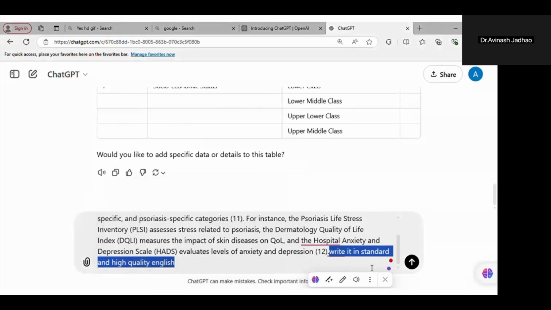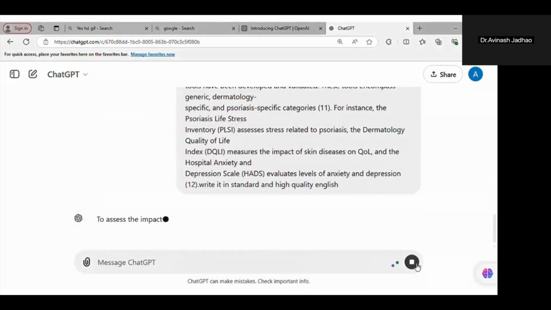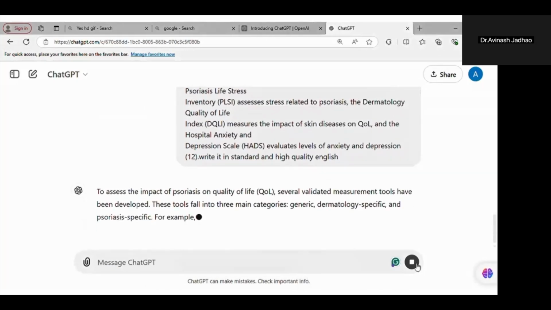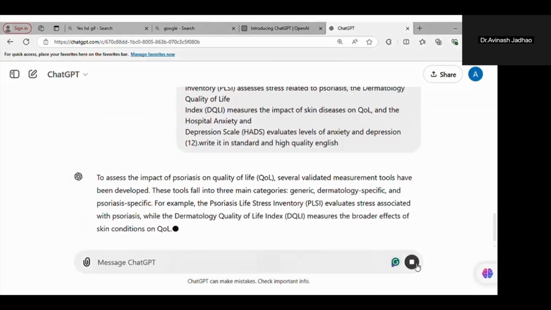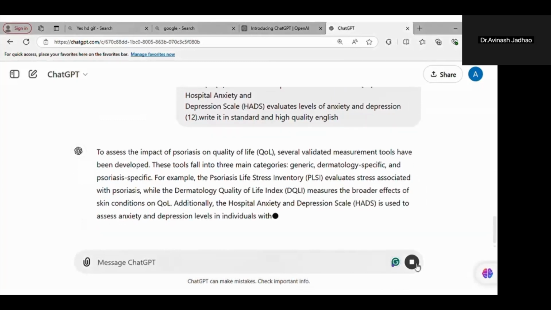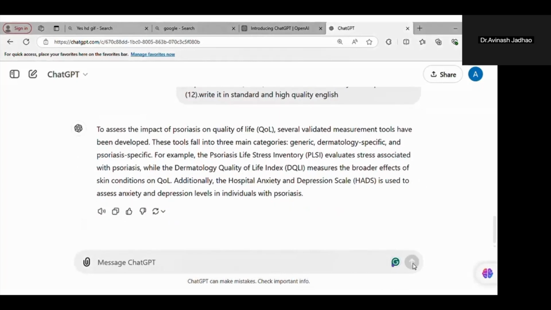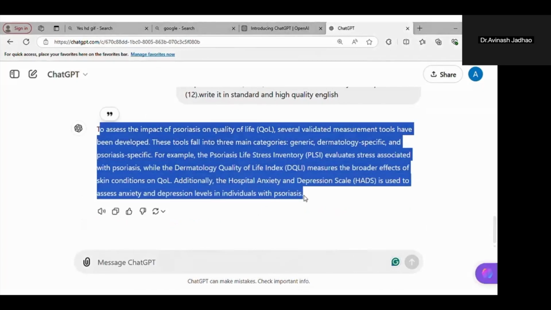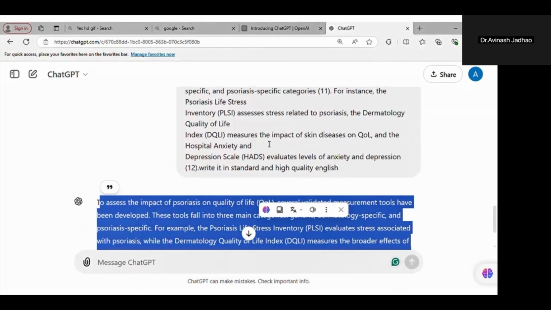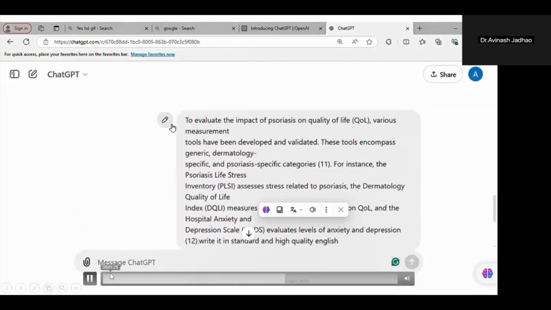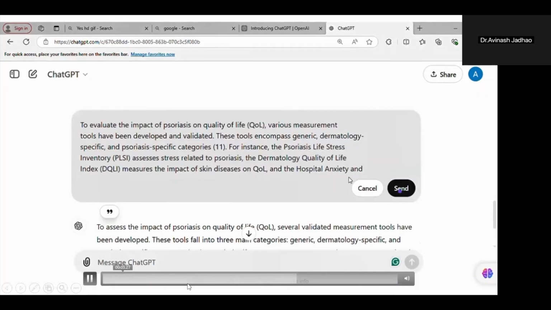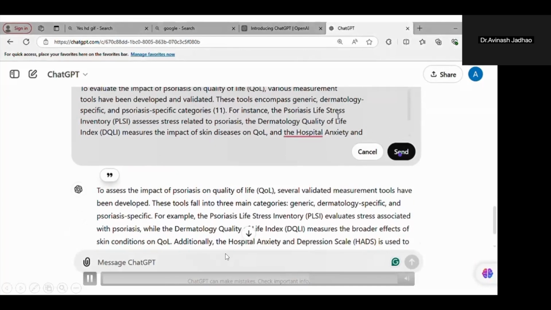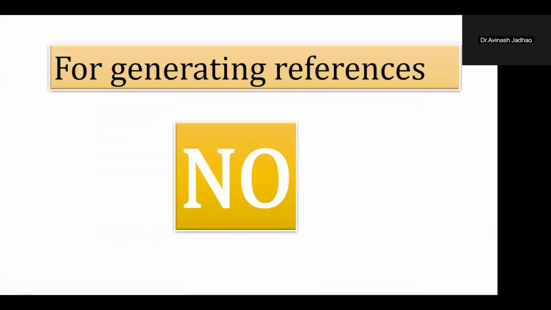You can ask it to change any word which resembles your study to some other, higher quality word. Ultimately, the particular words which were copied can be easily removed with the help of ChatGPT. So you copy this; this is the previous one, and this highlighted one is the new one. You can use it to replace the old text and paste that in your article.